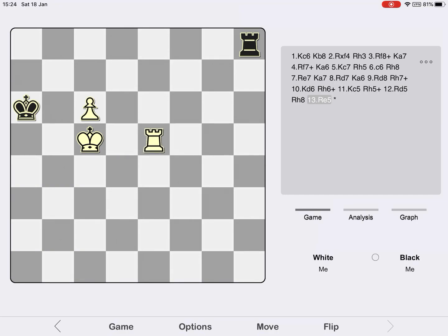The game might continue from here, rook e5, king a7, white can play rook e7 check, and here there is only one move that holds the draw. But one move is of course all you need. Black comes back, king a6 guarding that key b6 square one more time, and it's clear that white has made no progress at all. The position